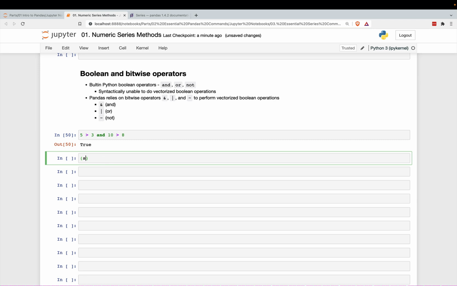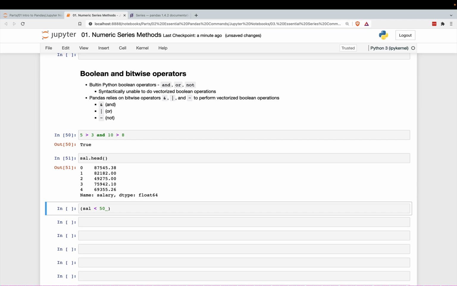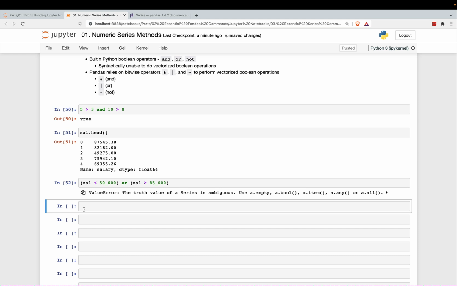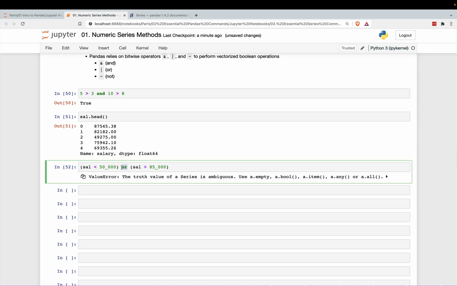So I'll just show this real quick. Before we do that, let's just print out the head so we can see this. Let's say we're looking for salaries that are less than 50,000 or salaries that are greater than, let's just say, 85,000, like this. So if we try to run this, we're going to get an error. The reason is that we have some syntactical limitations with the OR operator here. We just basically can't